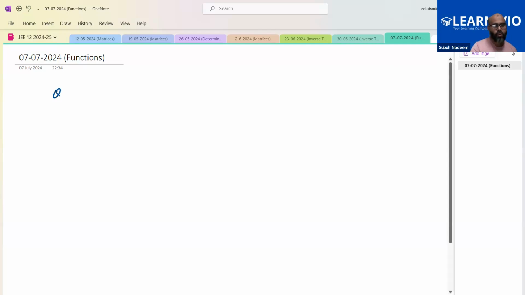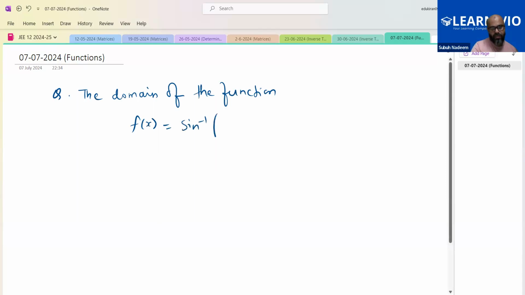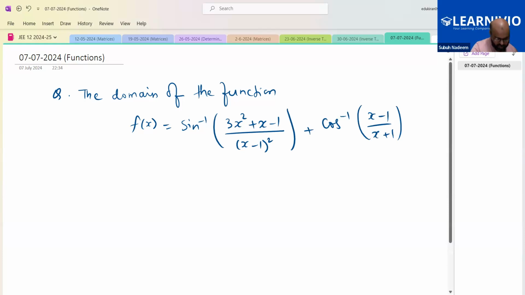So let us start with the domain. It says the domain of the function f(x) is equal to sine inverse of (3x square plus x minus 1) divided by (x minus 1) whole square, plus cos inverse of (x minus 1) by (x plus 1) is